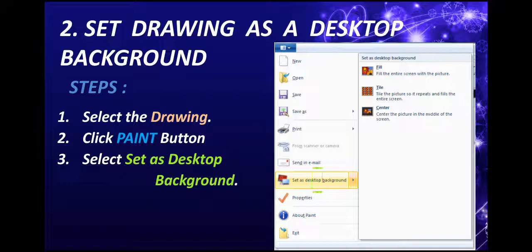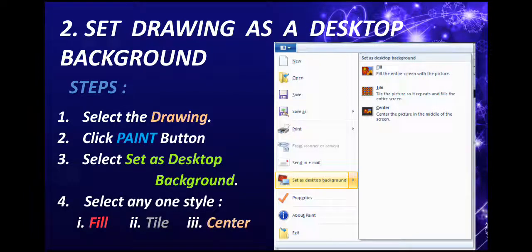On selecting this option it will give you 3 styles: fill style, tile style and center style. You have to select any one. Fill style. What is a fill style? Fill style will fill the whole desktop screen with the image that you have opened in MS Paint.